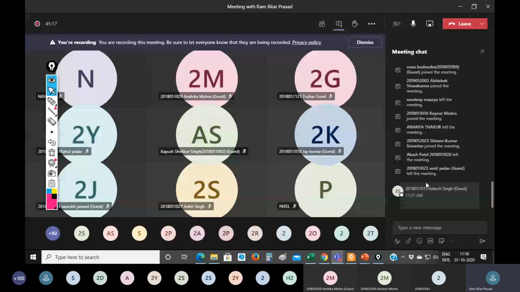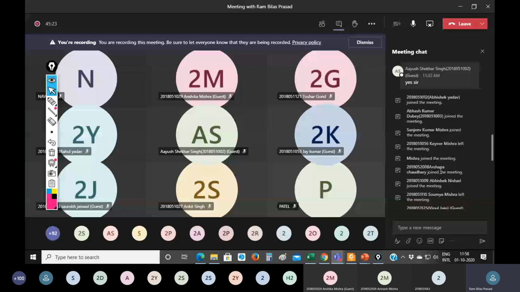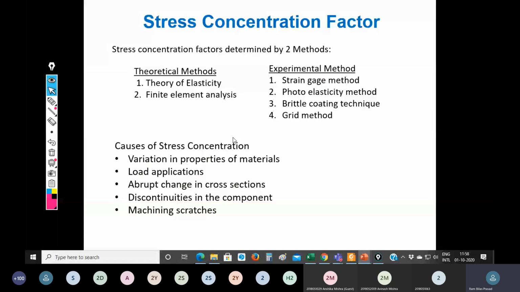The stress concentration factors are determined using two methods, right? The first is the theoretical method and the second is the experimental method. In the first method, there are two ways to do it: with the help of theory of elasticity and with the help of finite element analysis,